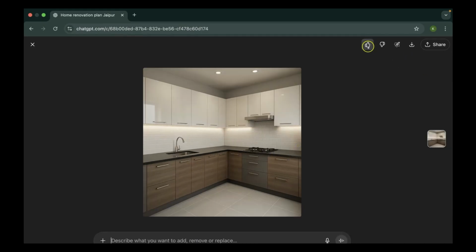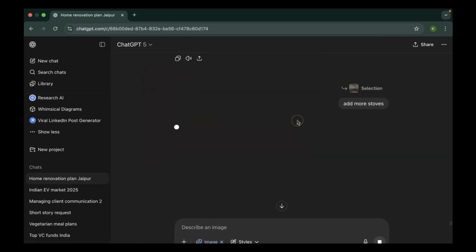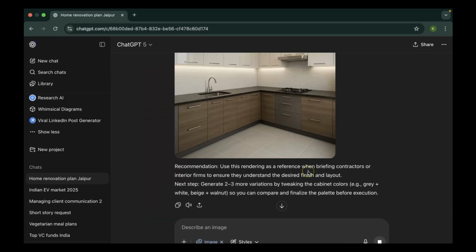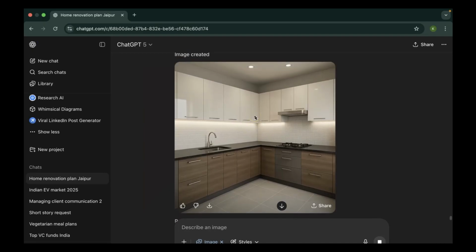And now I can just simply tell it yes, or I can tell it that it wasn't really nice. I can even change it, edit selection. So, I can just say I don't like this countertop, and I have sent it, and now it's going to generate it for me. But the thing is that I can just share this, and I can just download this image as well. So yes, image generation is pretty nice. And now you see it looks so realistic. It might look like something straight out of a catalog of an interior designing firm. So yes, the image is absolutely amazing.